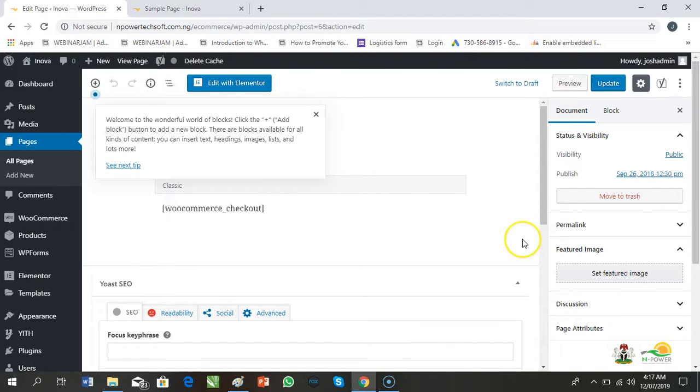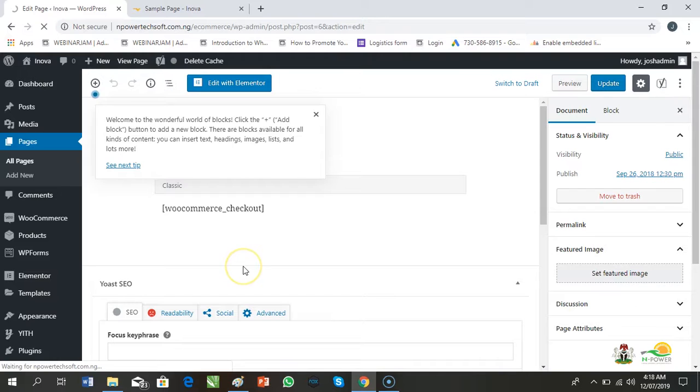So this is it. First of all, let me even note something. If you notice from post, you could see edit with Elementor, and you remember Elementor is a drag and drop page builder. Okay, so basically this is what it looks like. WooCommerce checkout. I told you it was brought in by WooCommerce. And then let's see what's happening. There's no featured image, so it's just to show you how to edit pages.